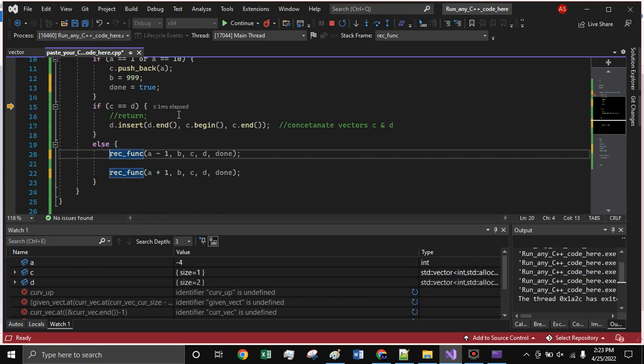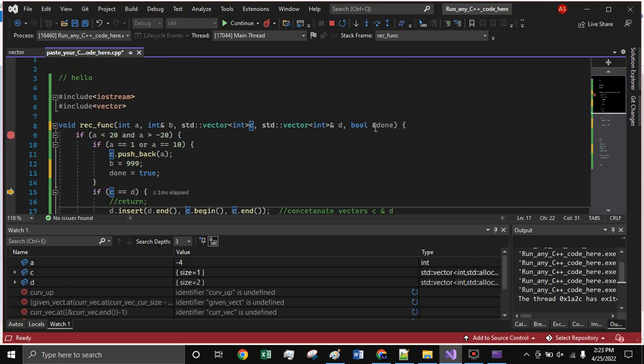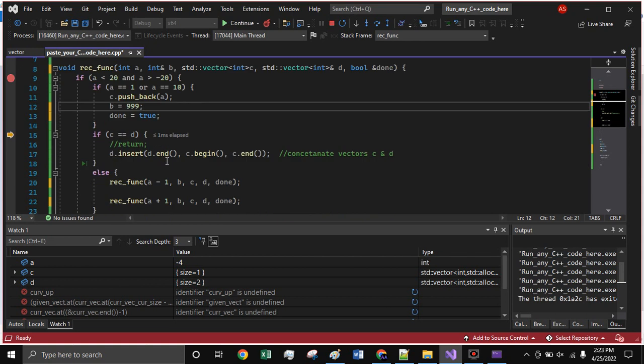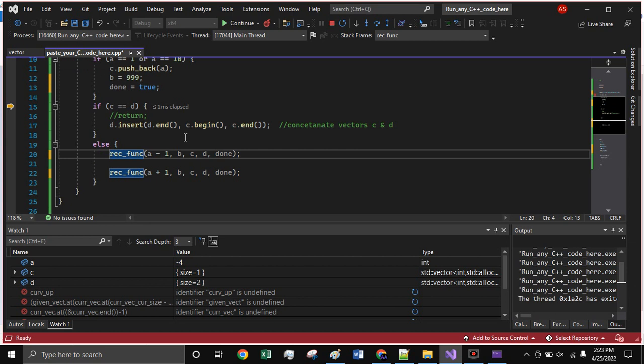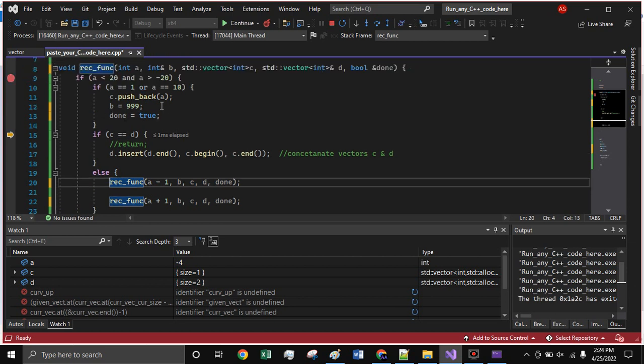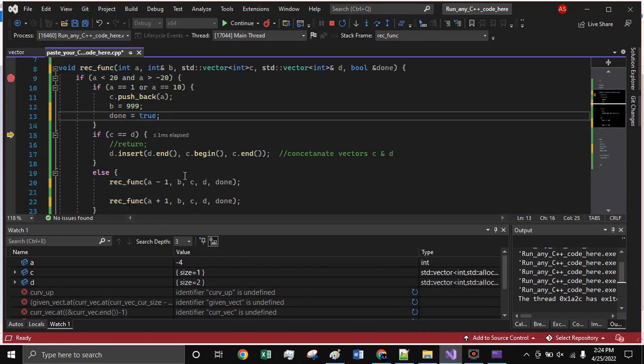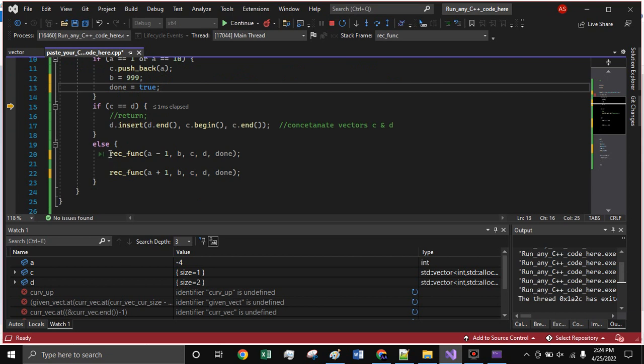I'm creating a boolean called done. It's a boolean called done, and it's accessed by reference, and it will become true the first time a is at the desired endpoint. And so, watch this. Even if I already have all that done, or it's setting done to true, we're not finished there yet because we also need to include